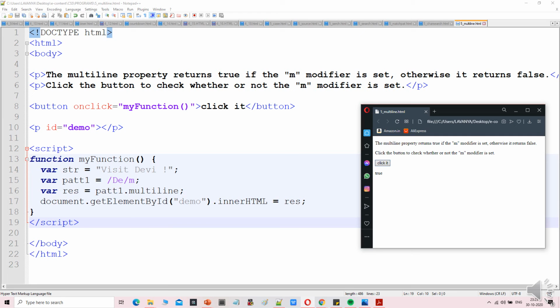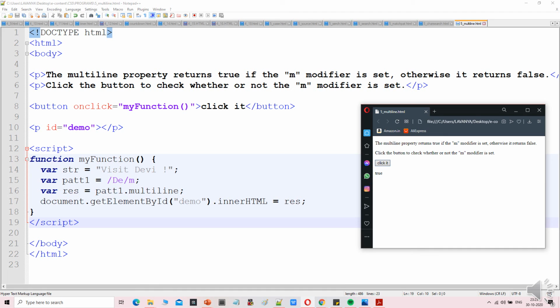This is the program for the m modifier set, and this program will search the m modifier set. So the m modifier set uses the multiline object property. Okay, so while writing this program, we have to write here pattern /d/m. So patt1 is equal to multiline, patt1.multiline, and after executing this code we will get, means is there an m in this string, means this is the multiline.